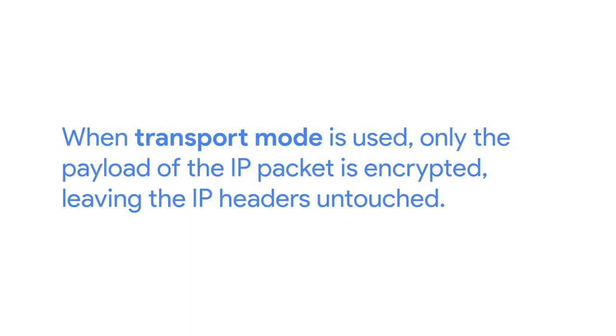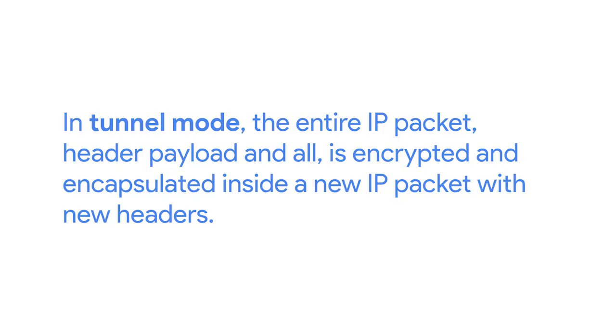When transport mode is used, only the payload of the IP packet is encrypted, leaving the IP headers untouched. Heads up that authentication headers are also used. Header values are hashed and verified, along with the transport and application layers. This would prevent the use of anything that would modify these values, like NAT or PAT. In tunnel mode, the entire IP packet, header, payload, and all is encrypted and encapsulated inside a new IP packet